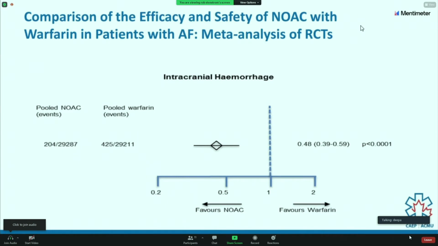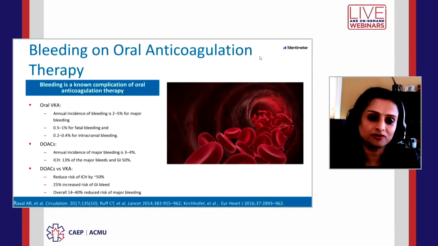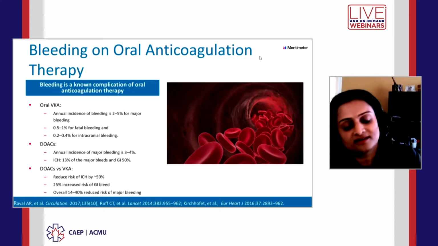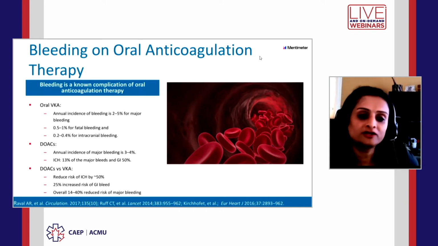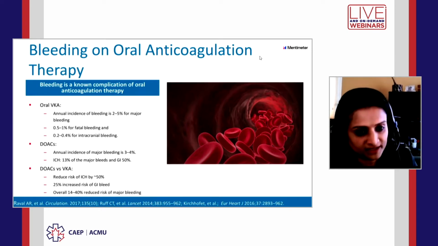Okay, next slide, Rob. However, there's a disclaimer on all oral anticoagulants. All oral anticoagulants are at risk, do cause bleeding. So it's not an unknown thing, and that's a very well-known side effect of oral anticoagulant therapy. When you look at the overall annual incidence risk of bleeding with oral warfarin, it is still around 2 to 5% for major bleeding, and around 0.5 to 1% for fatal bleeding, and around 0.2 to 0.4% for intracranial